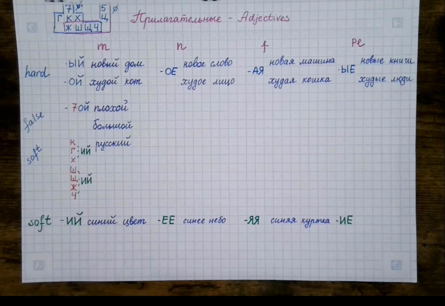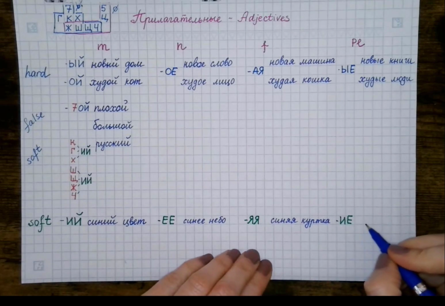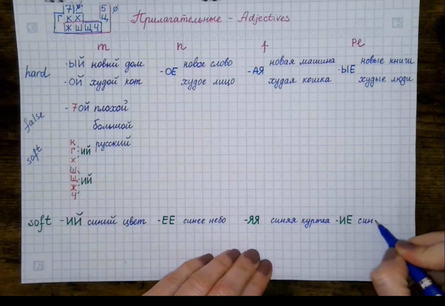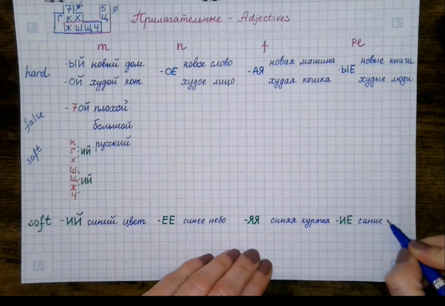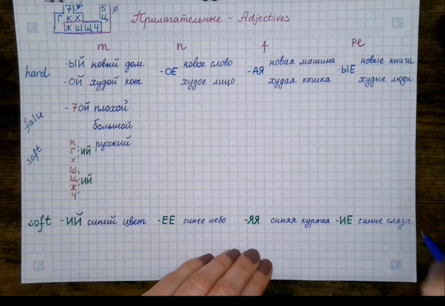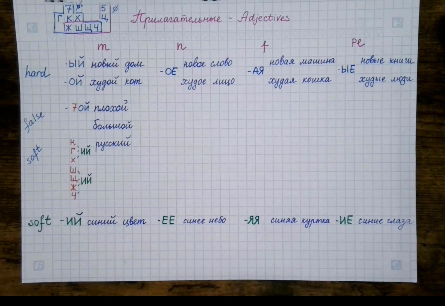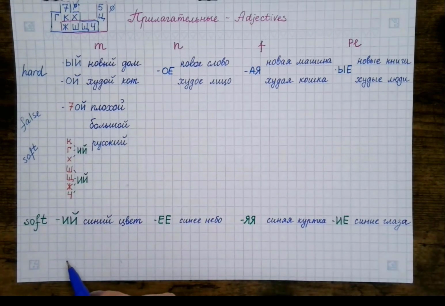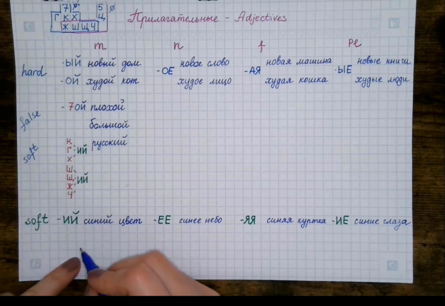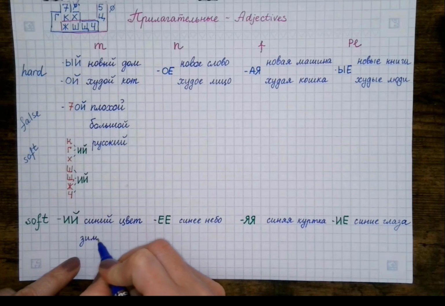A blue jacket. For plural, we'll say синие глаза. Blue eyes. Let's look at another example of the true soft ending, and we'll take the word зимний,